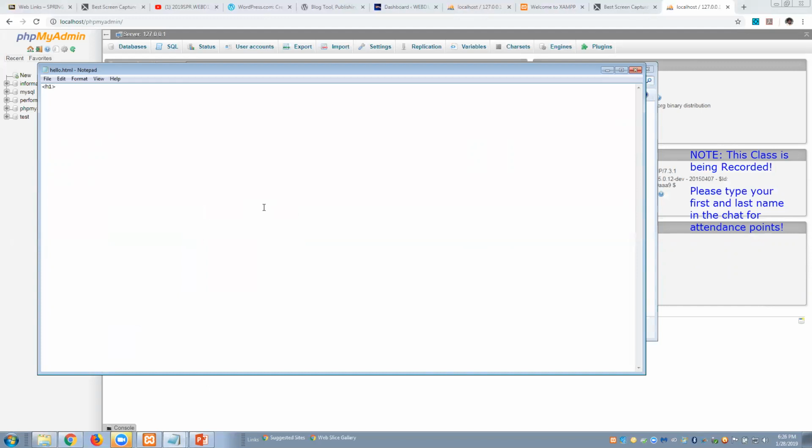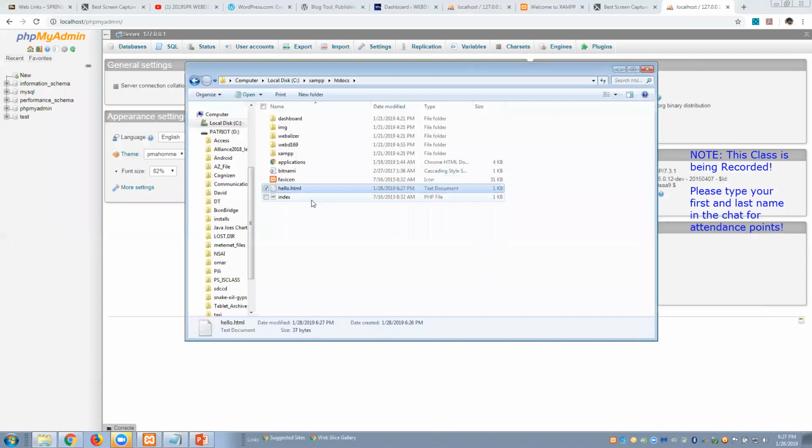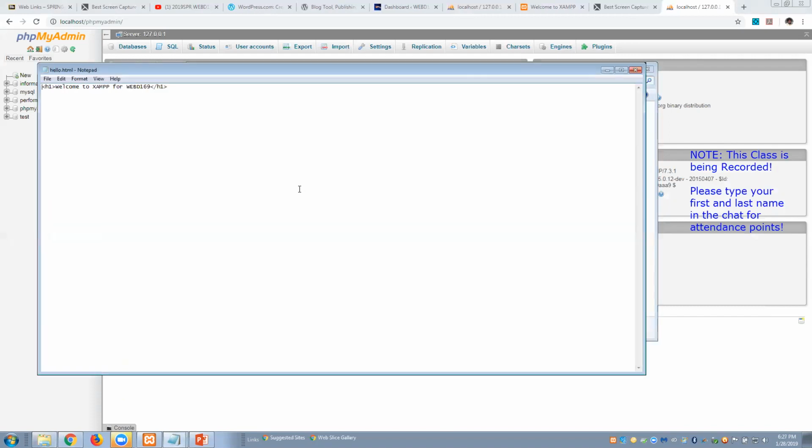And I'll put in just some, I know it's not proper HTML, but I can say welcome to XAMPP for webd169. Oops, I need to save that as a text file. Let me try that again.